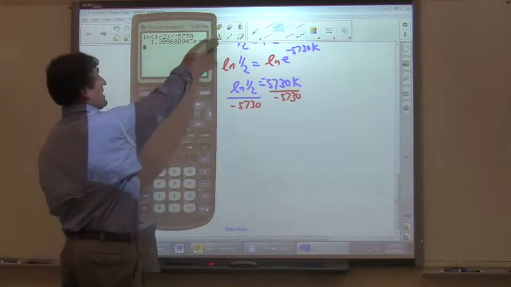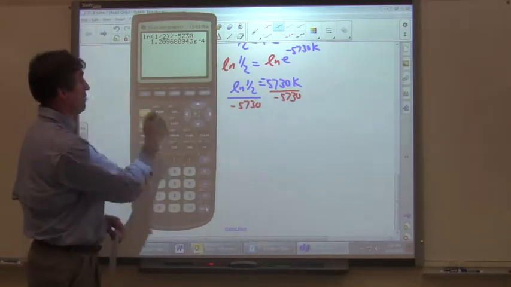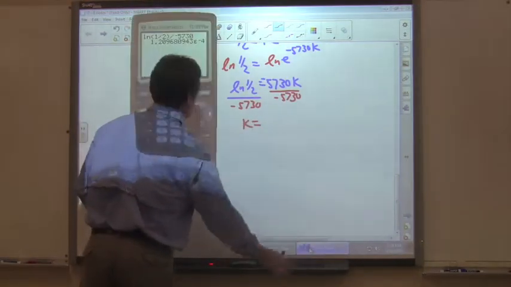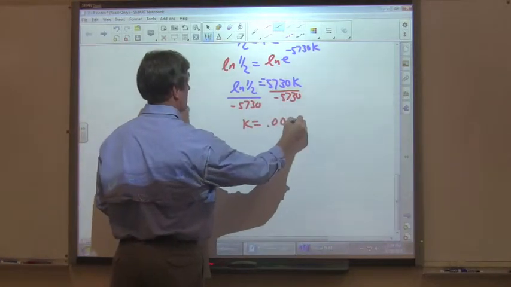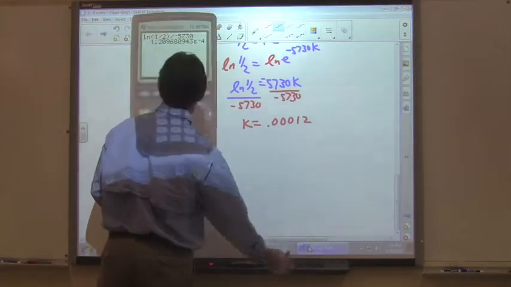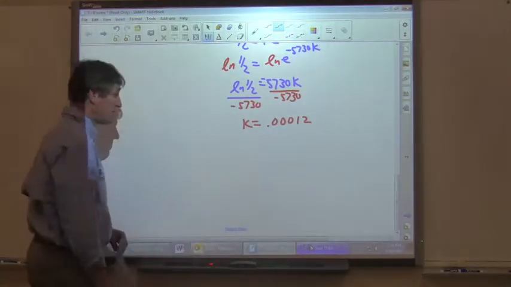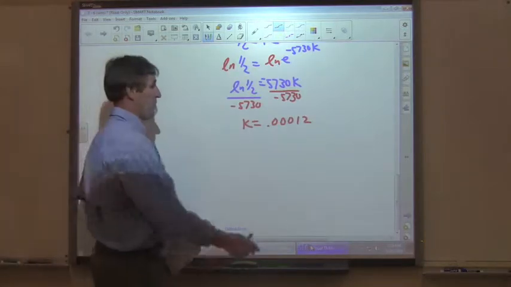1.209, and it says e to the negative 4th power. Remember that's exponential, so we move the decimal 4 places to the left. So our k is 0.00012. We round that off. So we now have our constant. So now we can go back to the problem,